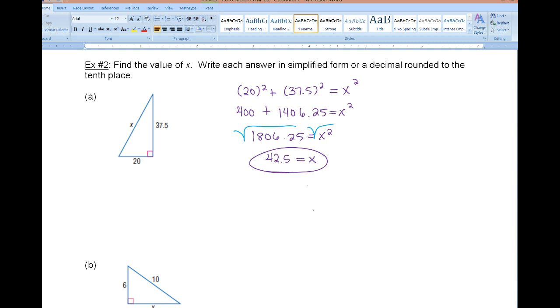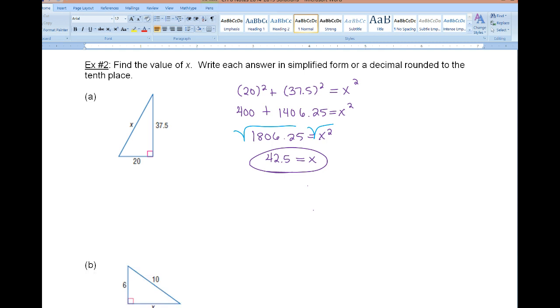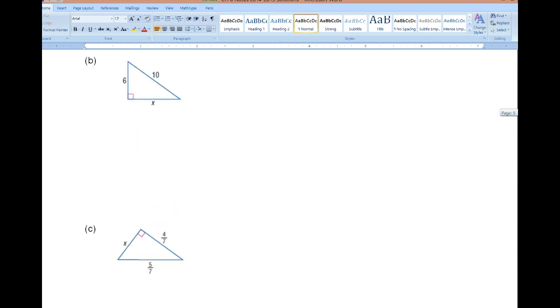We're in geometry, which involves the proof part. So that's why we did the proof of the Pythagorean theorem. Some of you may have already done this in middle school, some of you didn't. I just wanted to show you one quick, easy way to prove the Pythagorean theorem using geometric means. So now we're going to apply it. This should be review. This is stuff we've seen before, plus we've already done it in class. Now, the converse of the Pythagorean theorem may be new to some of you. So we'll get to that